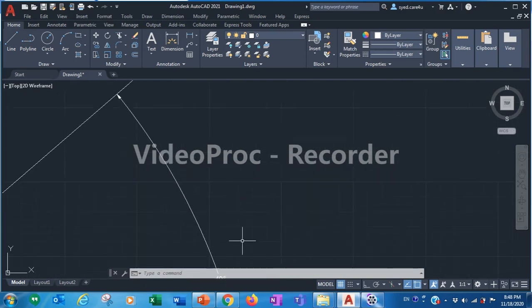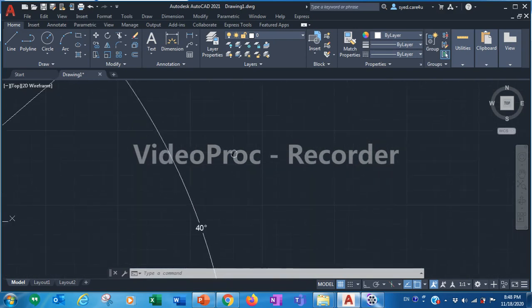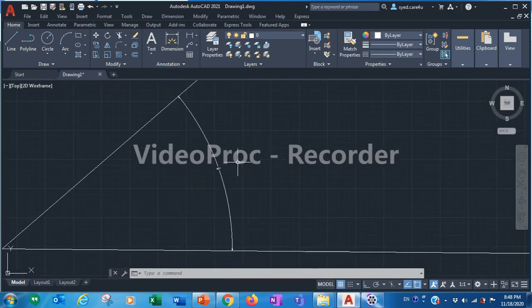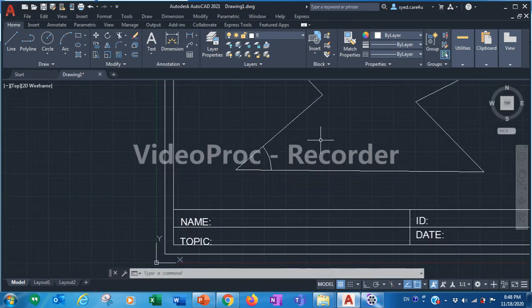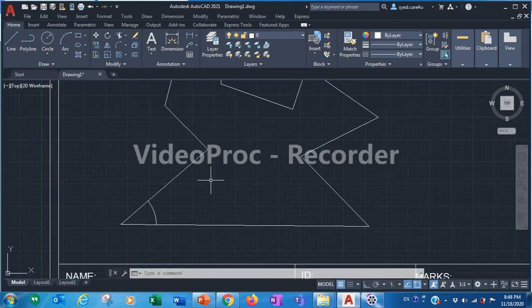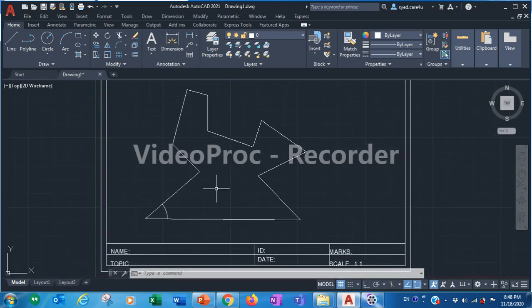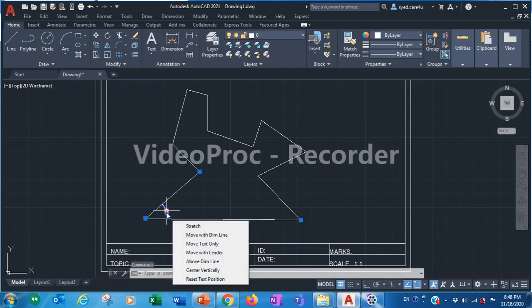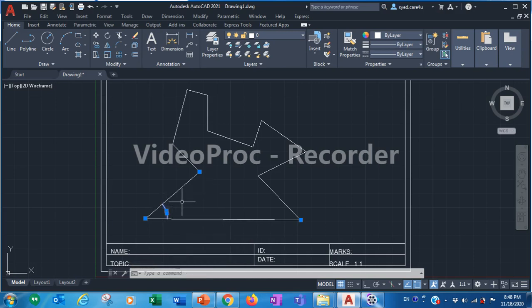Okay, see the arrow, and you see the number 40, but you cannot see it. Why? Because it is very small. So now how to change the size? I need to change the dimension style. So click here and delete. I don't need this small dimension. Okay, click here and press delete on the keyboard.